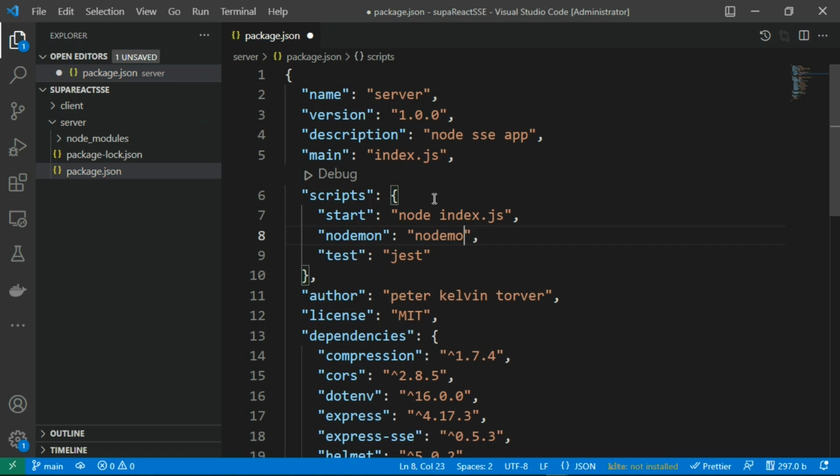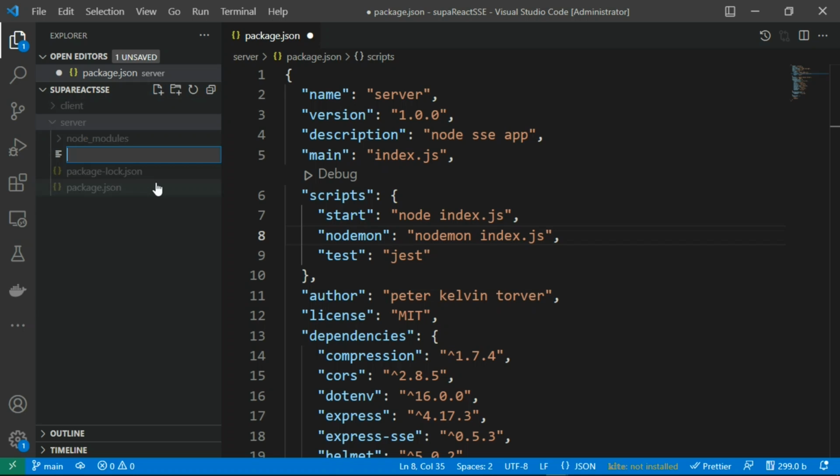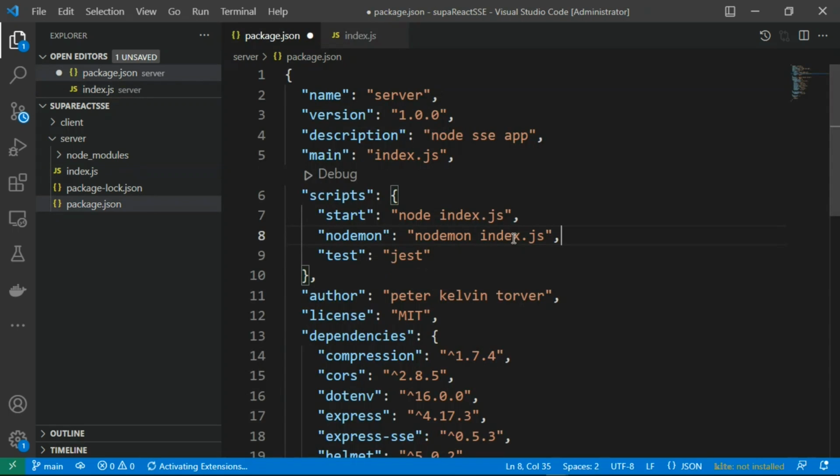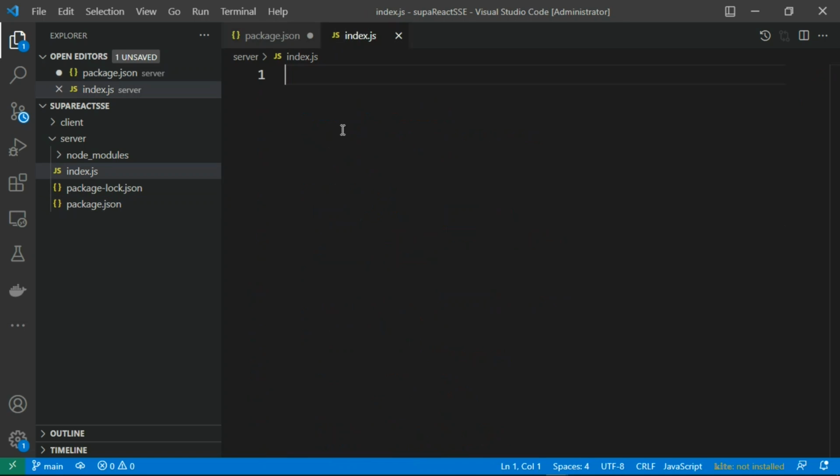Can be any name, so call it node mode over here, index.js. After we are done with this, let's go ahead and create a file known as index.js. This index.js file is the one we are referencing in our start script and in our node mode script. So over here, if we just do console.log,